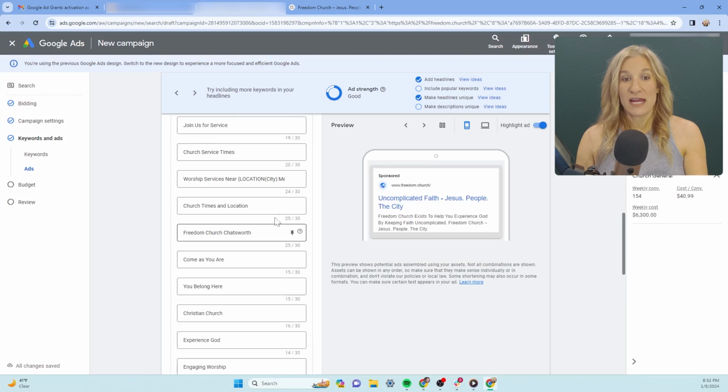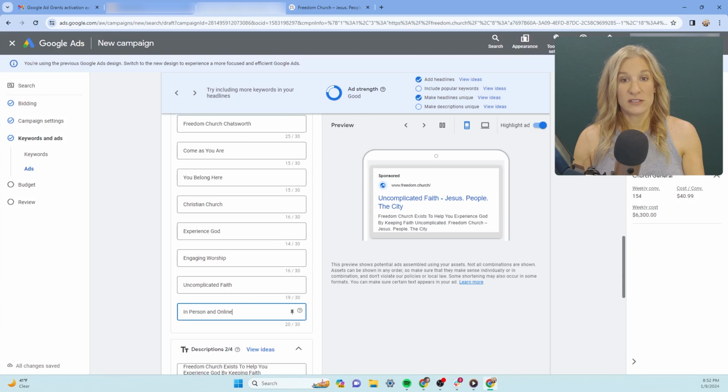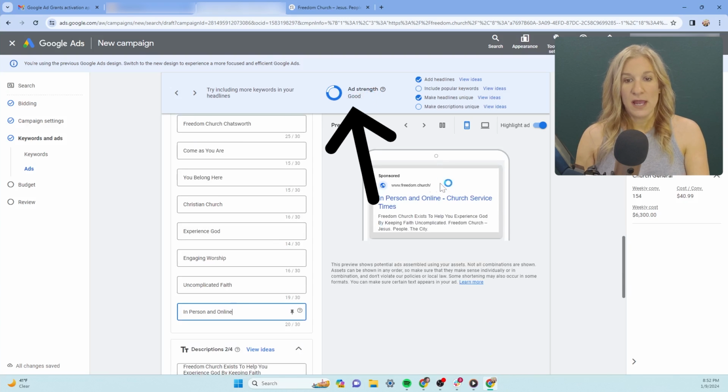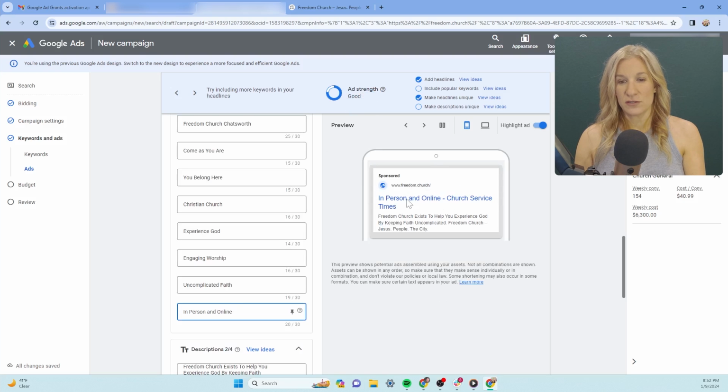All right, now that I've finished typing in as many headlines as I would like to do, you'll see that my ad strength already went from poor to good. So we're already making progress. And up here, you'll notice that these ads are rotating. Google is going to choose